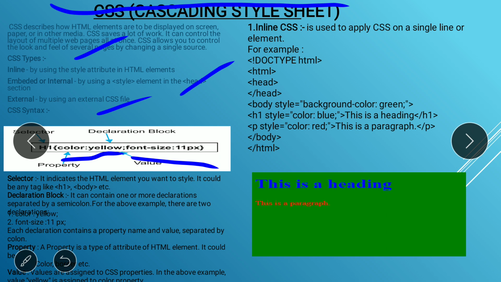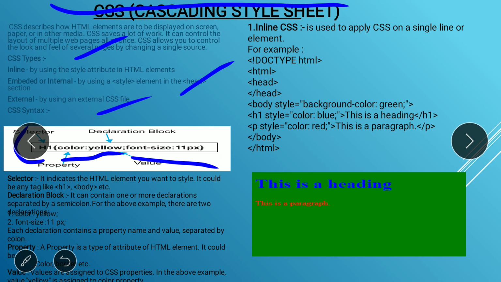So here h1 is nothing but the tag, or you can say it is the selector, and color is the property, and yellow is the value, right. You have to mention all those things in between the curly bracket.